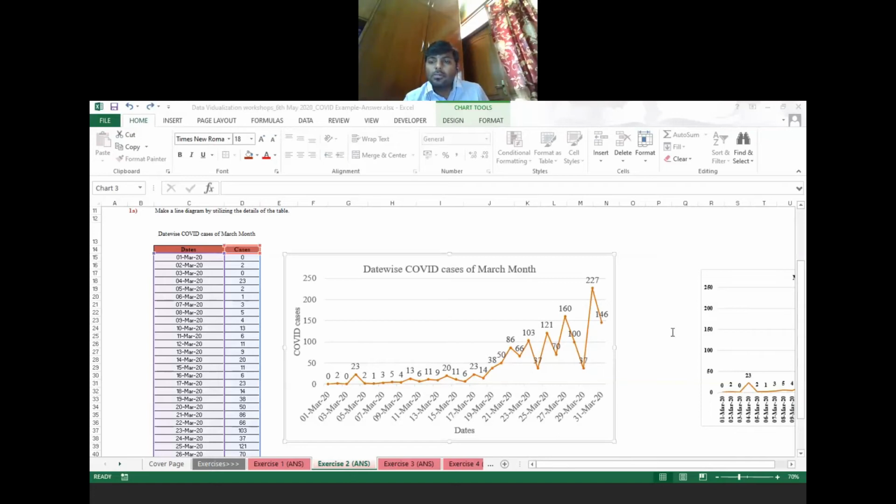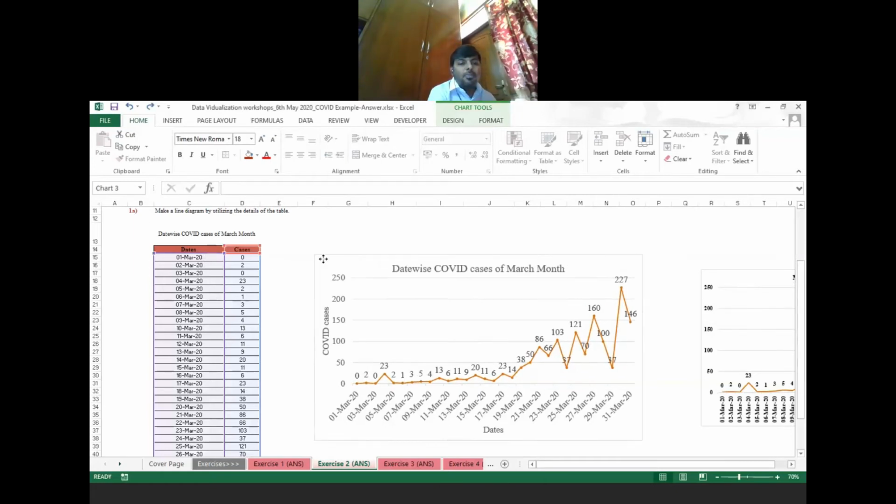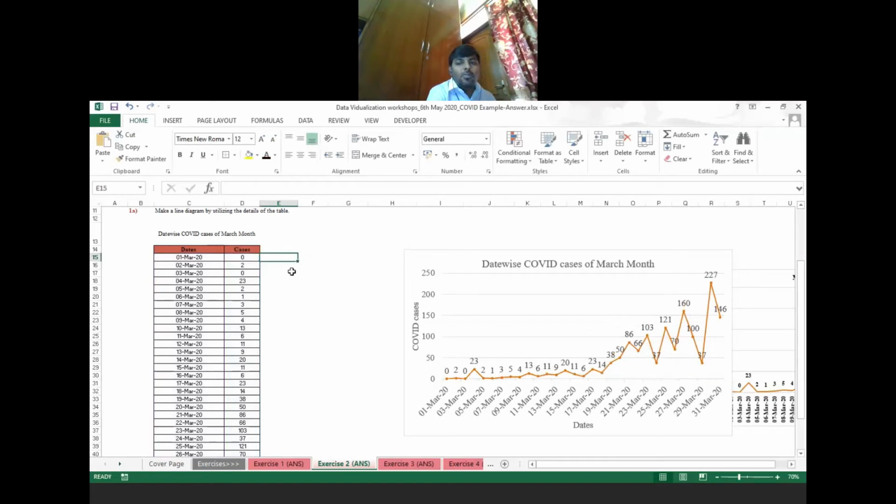If you have two sets of COVID data, then simply go to the same option. But while selecting your data, just select both columns of data. I'll show you an example if you have both data.